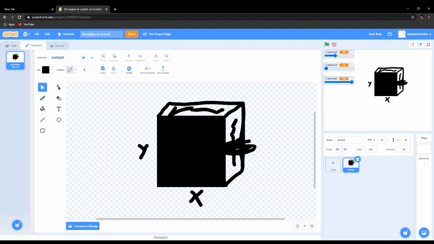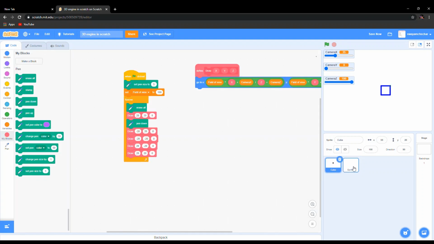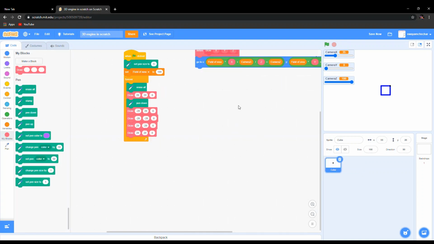So this is why, okay, wait, let me use eraser tool, move that. Then that is why we're using Z, because Z is gonna add that 3D effect, and in 3D cubes, what makes them 3D is their depth. So now we want to start drawing a few lines. So this is now, since you have created this, just decrease the camera Z, make the camera Y so you